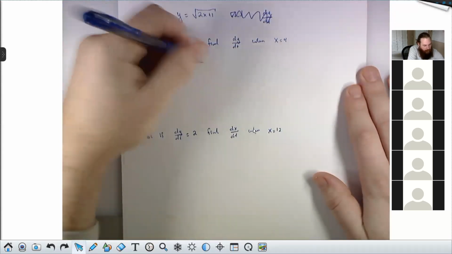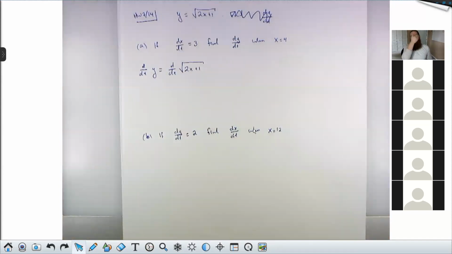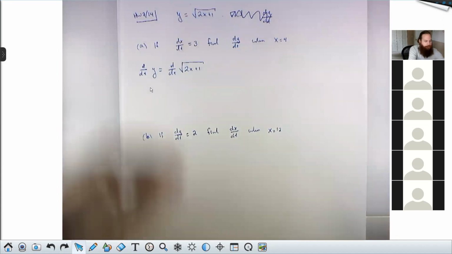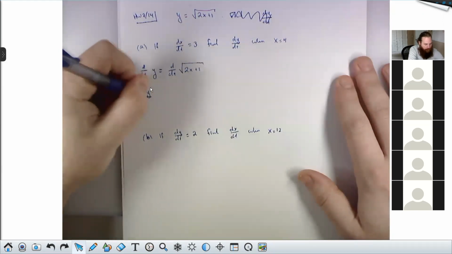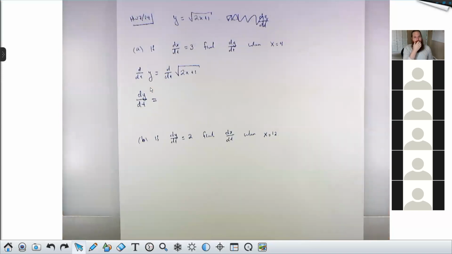That says take the derivative with respect to the variable t on both sides. So I'm just taking this original equation here that relates x and y, and I'm differentiating on both sides with respect to the variable t, because I'm after dy dt. The left-hand side is exactly dy dt. I'm applying d dt to the variable y, so I get out dy dt. The right-hand side requires the chain rule.